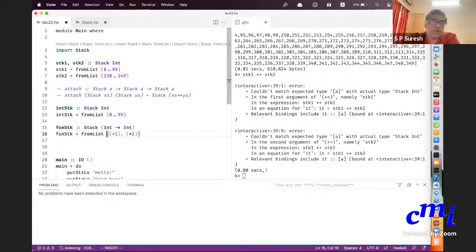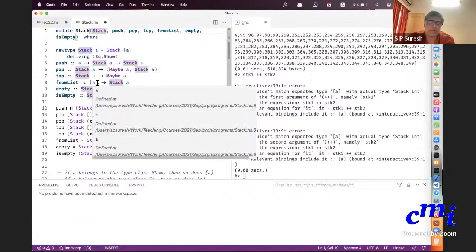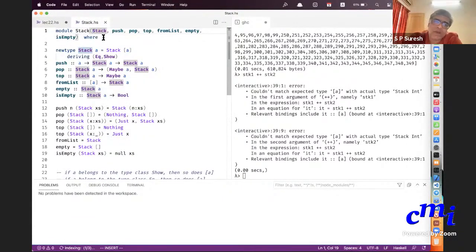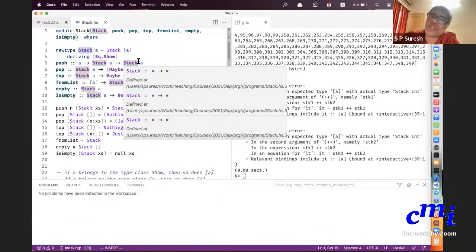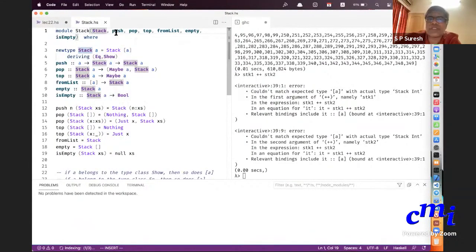So do you see the thing now? How to define a module, how to use it. You define a module by saying what all is exported. The outside world can see the type name, can see all these functions, but it cannot see the value constructors.